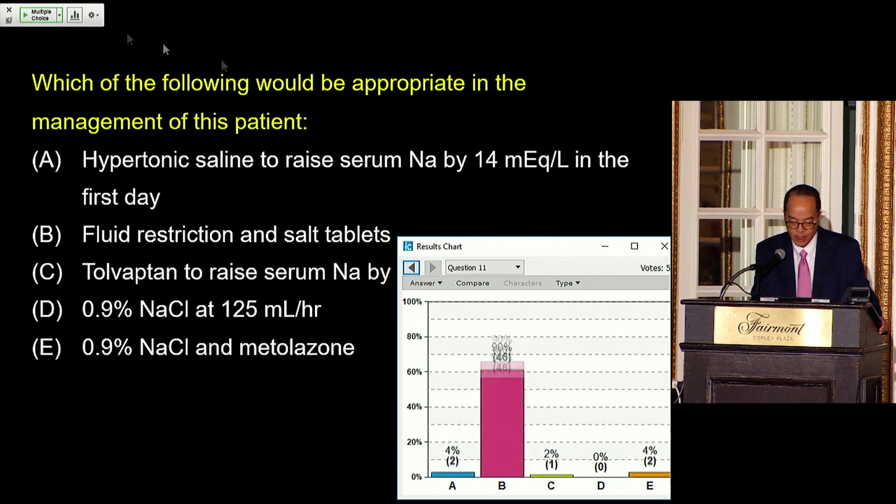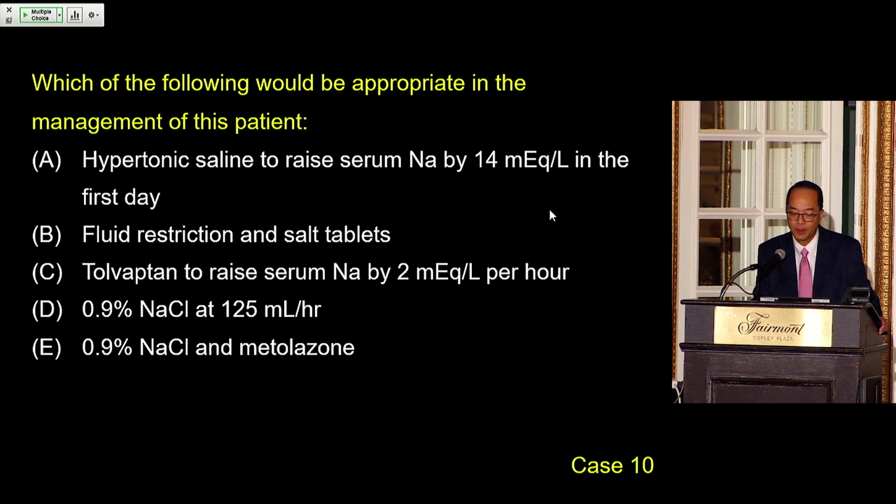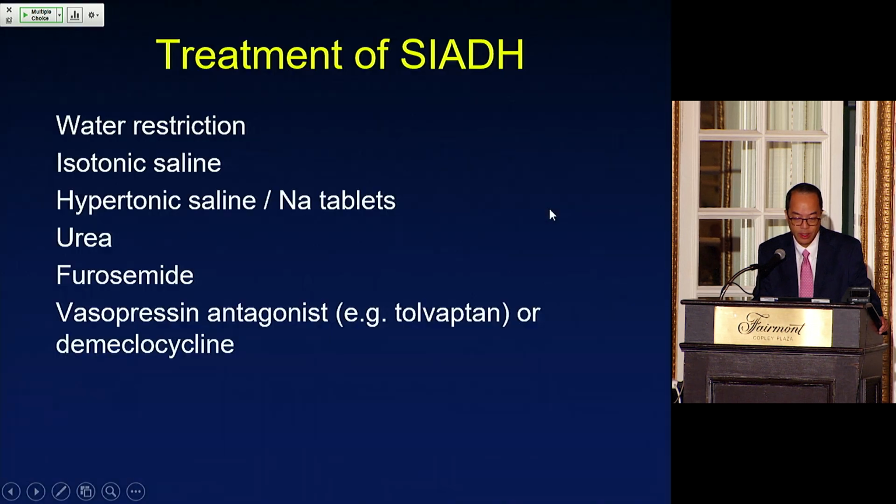Okay. Yep, so most of you chose B, which is obviously the obvious initial step in this patient. So in the treatment of SIADH, we have an armamentarium of things that we can use now. The important thing is that if a patient has an acute drop in their serum sodium or has significant symptoms like seizures, then you want to raise the sodium faster, for example, with hypertonic saline. And I include tolvaptan in there because those of you who have used that will probably have noticed that sometimes these patients' sodiums come up quite rapidly.